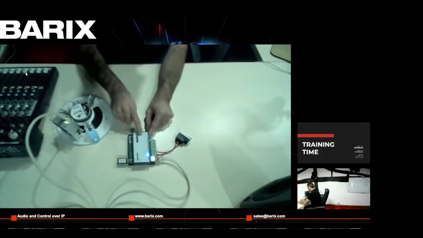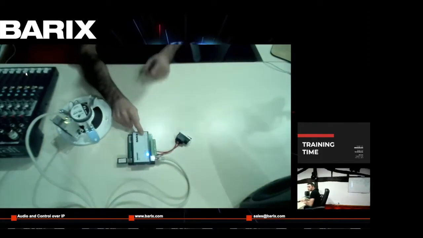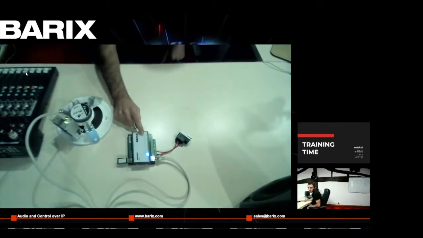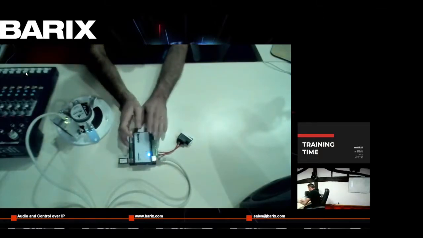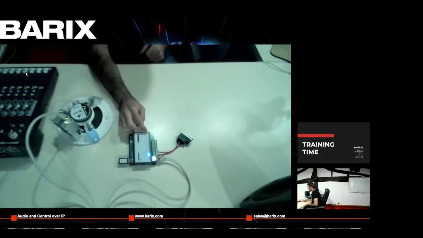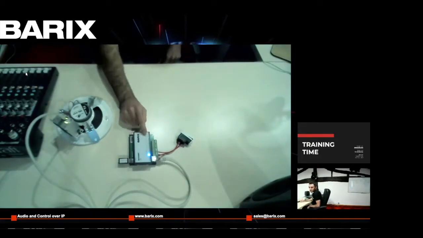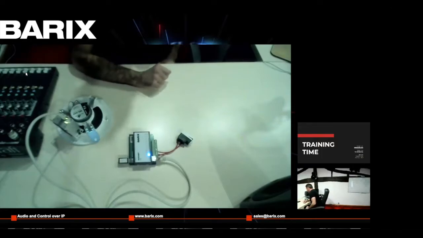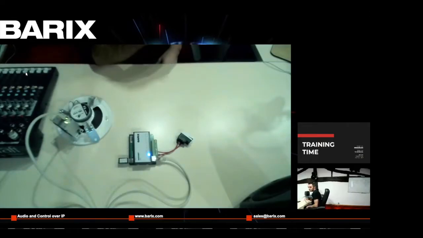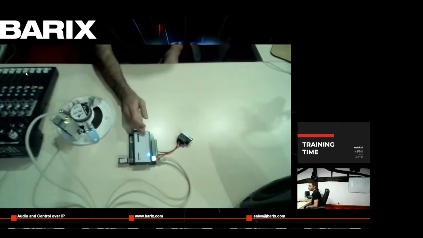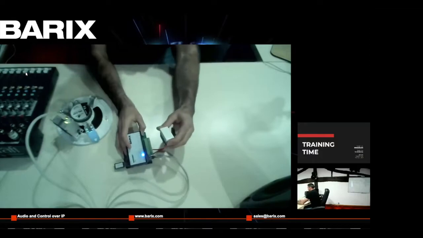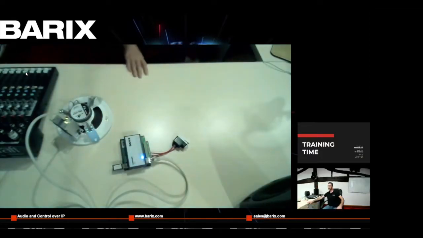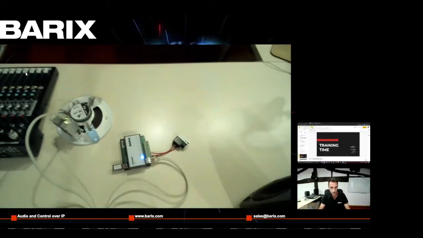On the front panel here, I have the reset and the default buttons that are used to reset the device to factory defaults. There are different usages for these two buttons, and all the information is published in the quick install guide that you have on help.barix.com, because there are many different types of applications that are triggered depending on how long you keep these buttons pressed. So here I have my contact closure connected to the device, and now let's have a look at the user interface,